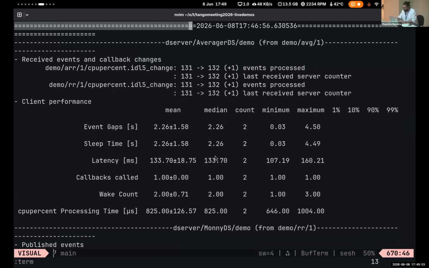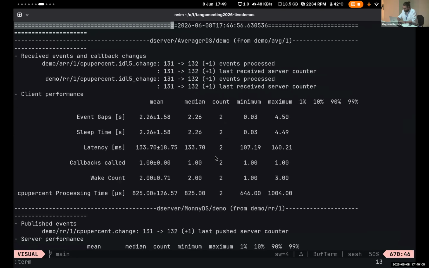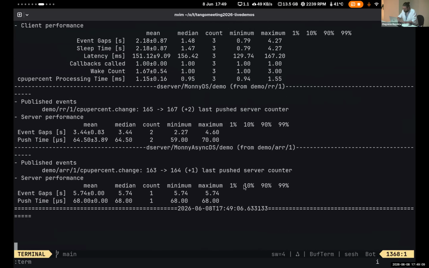I need to make the font a bit smaller, don't I, to make this table. Is that still readable? Okay, so